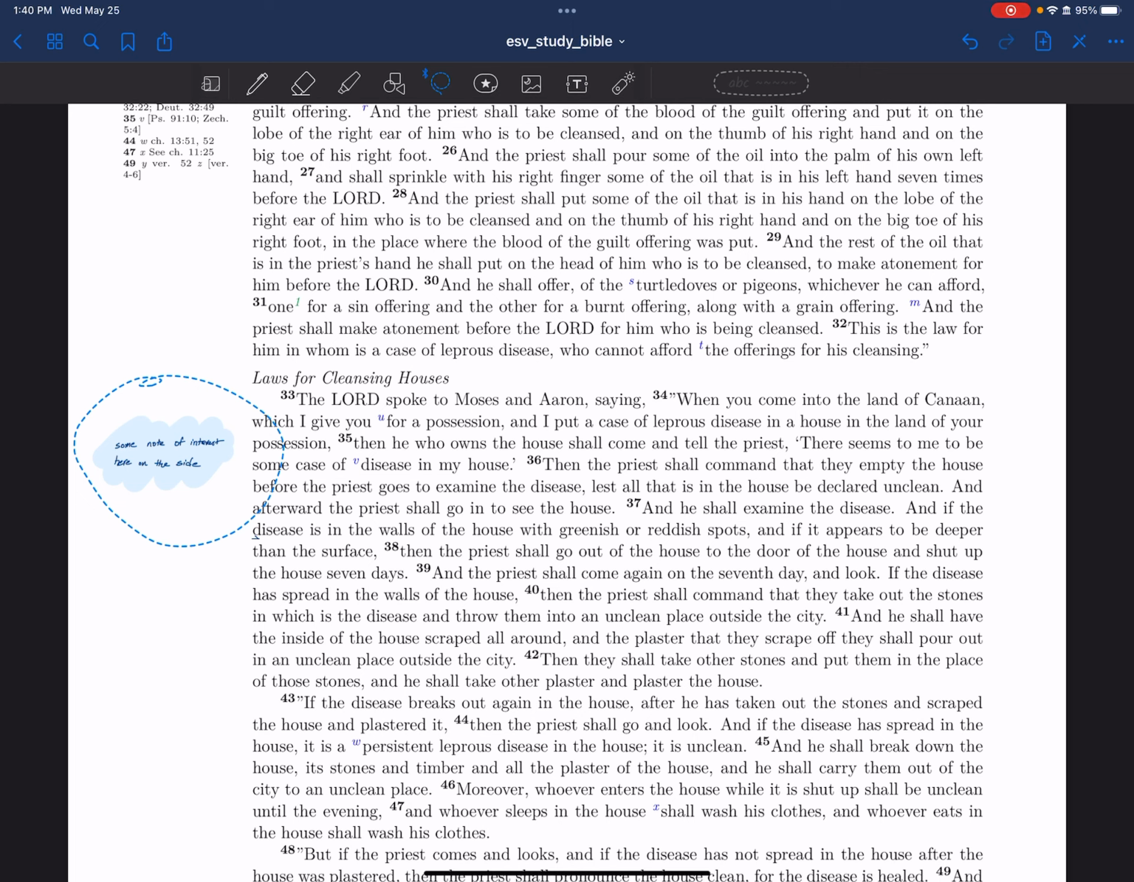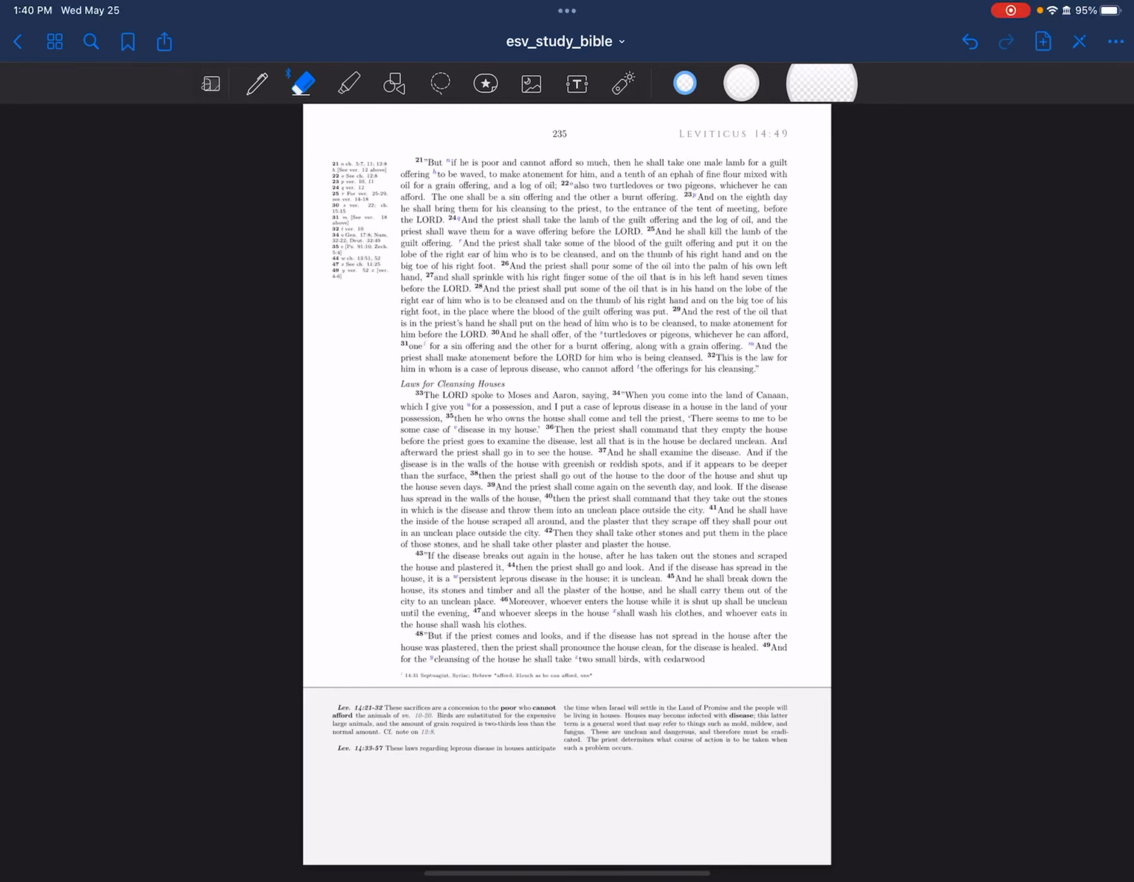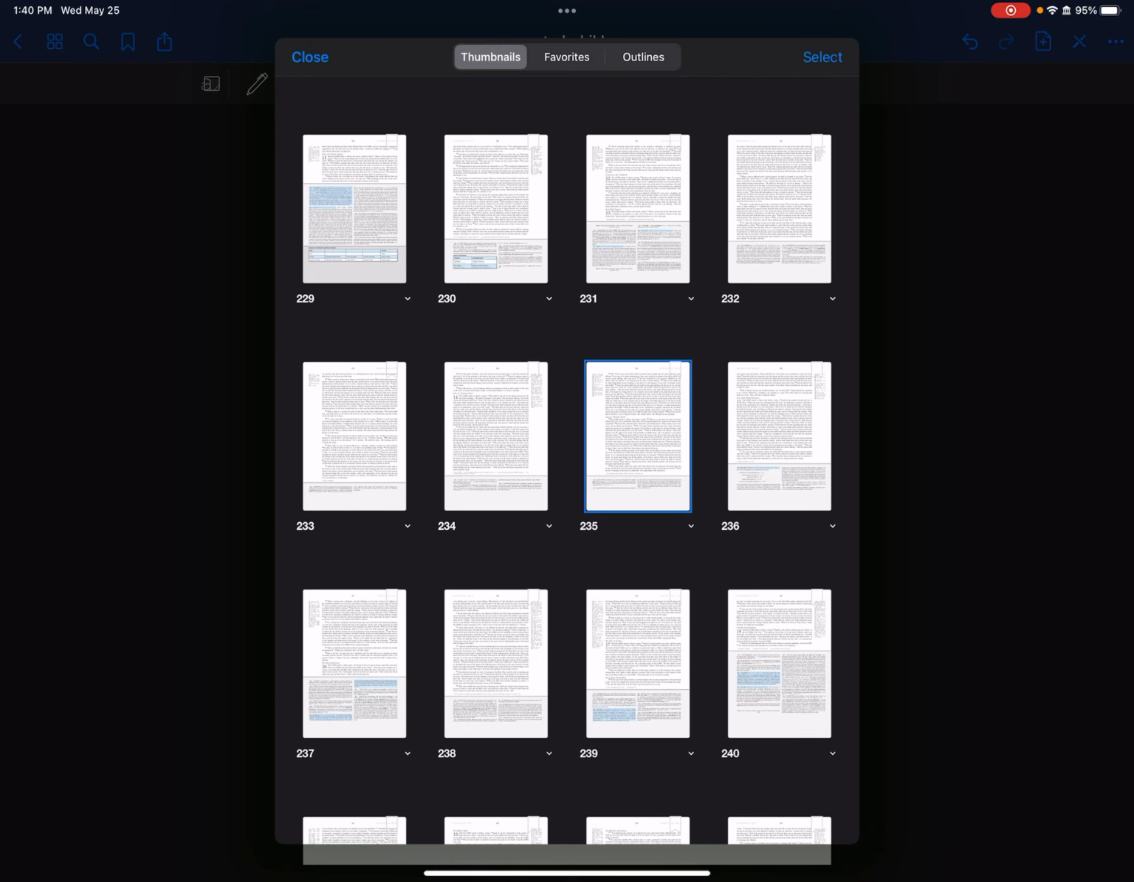Hey, you know what? This is pretty cool, especially if you're a pastor, because you know what? Loose leaf Bibles. I'm going to delete this note now. Loose leaf Bibles are so expensive, but this is a virtual loose leaf Bible. Let me show you. So you can go and hit this little thumbnail thing, and I really am advertising GoodNotes at this point, but you get a little thumbnail of all the pages, and the page that you're on is